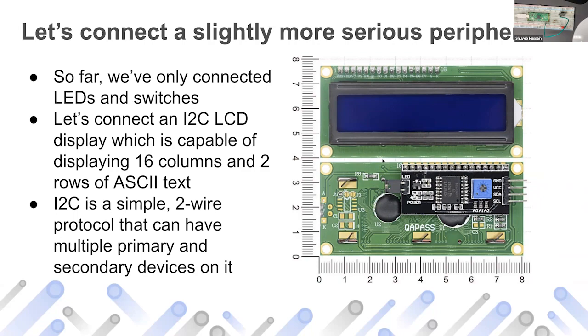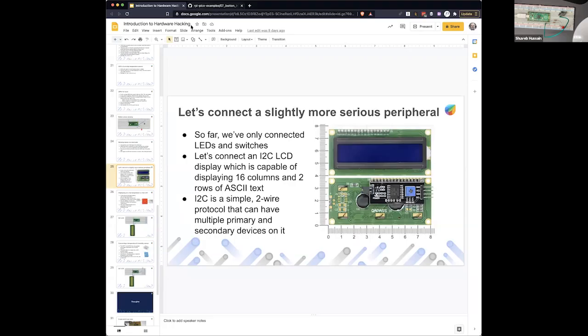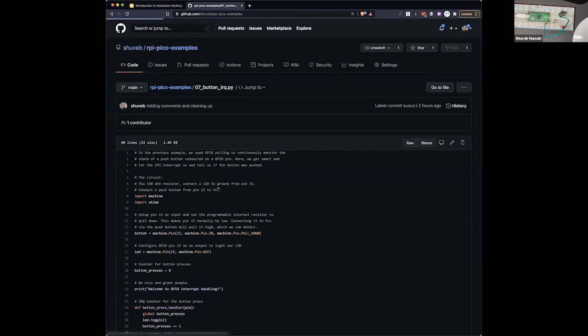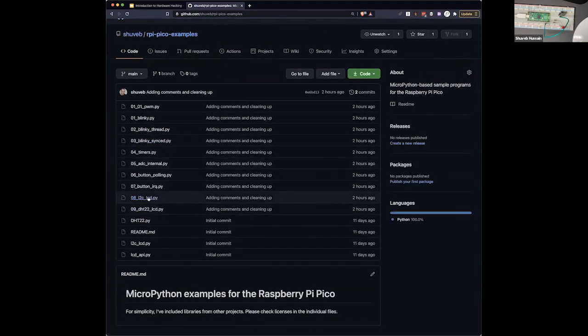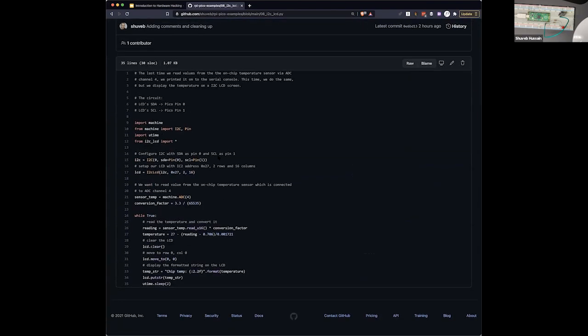Let me hook it up. I'll show you the program. It's super simple. Of course, I'm using a library to control the LCD itself. We set up the I2C using pin number 0 and pin number 1, and then there's an LCD library. I told you that I2C uses an addressing scheme, so 0x27 is the address of the chip on the LCD. And then it's the exact same program. Rather than printing to the console, we are showing it on the LCD screen.